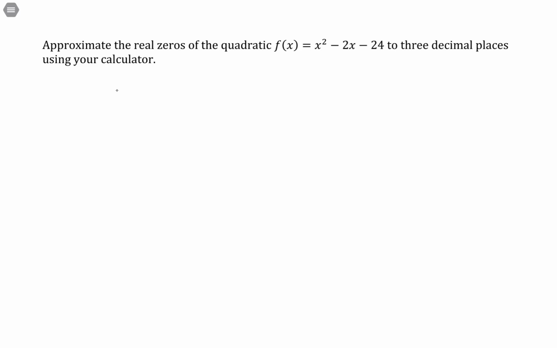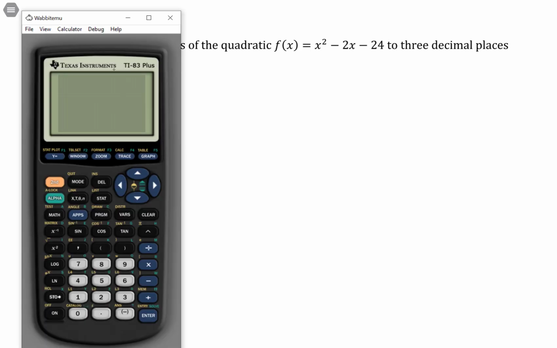Approximate the real zeros of the quadratic f of x equals x squared minus 2x minus 24 to 3 decimal places using your calculator. Okay, so to approximate it using the calculator, what's being asked here is to graph the function so that we can see the entire parabola. So if I plug this in for y1